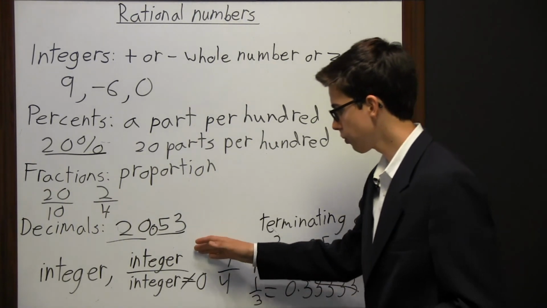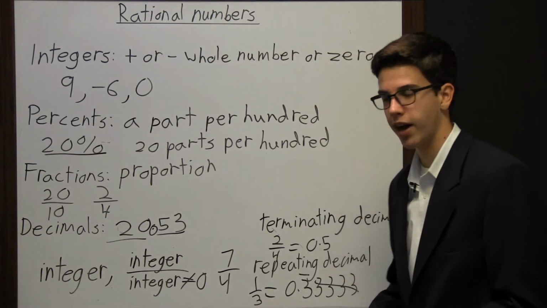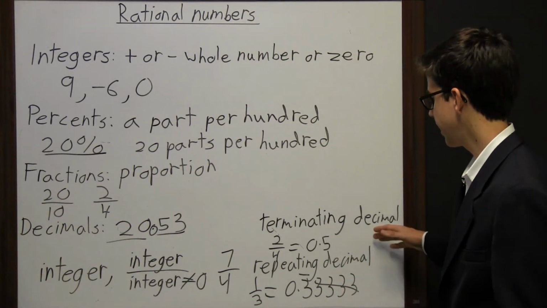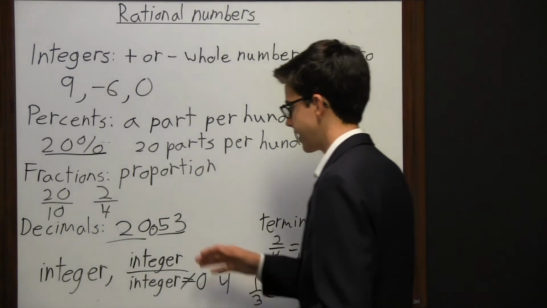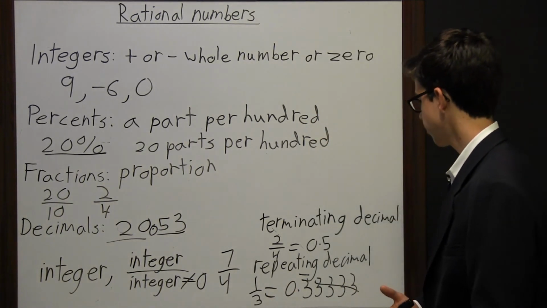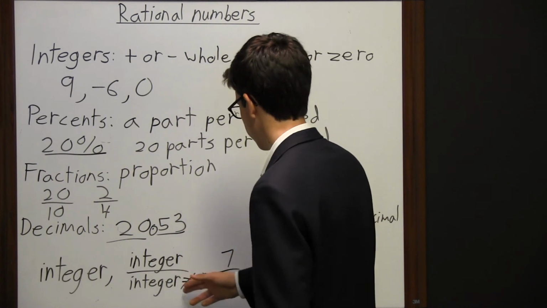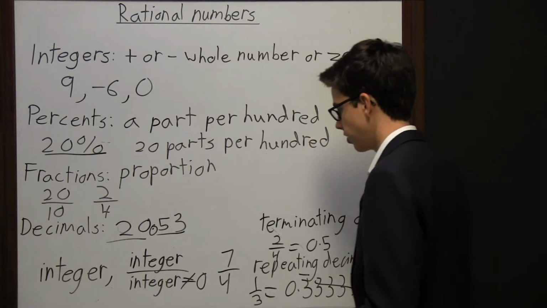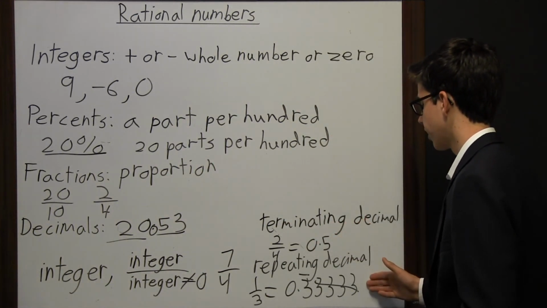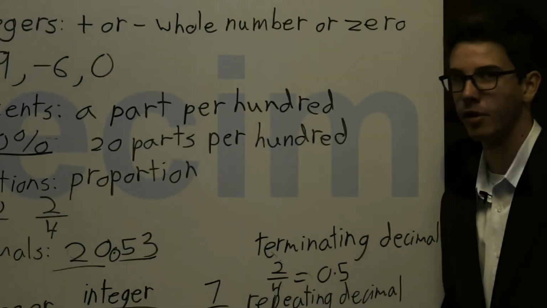And so the reason I say that a fraction has to be an integer over an integer is because when you divide an integer by an integer, you get a clean number. You get a decimal that's repeating or terminating. When you start dividing a decimal or a fraction by a number or a fraction by another fraction, that's when you're going to start getting messy. So really, if you're wondering whether a fraction is a rational number, what you can do is go ahead and divide it out and then look at the decimal and decide whether it's terminating, repeating, or non-ending. And that's how you can determine if it was a rational number.